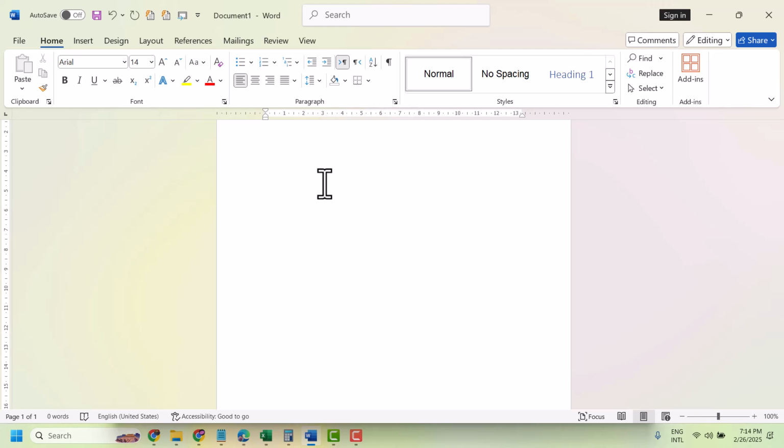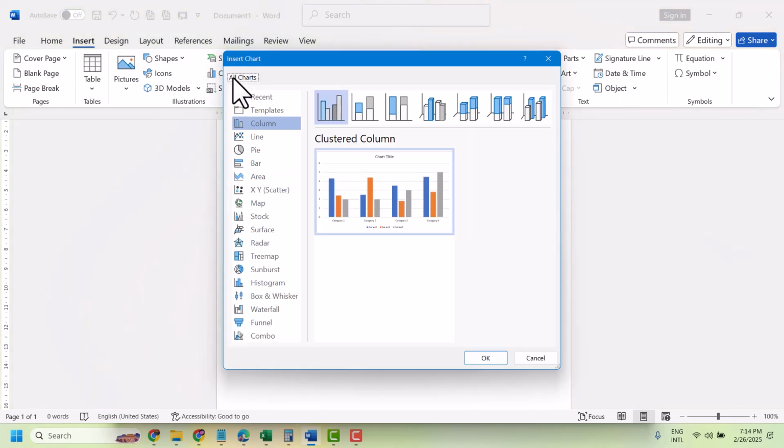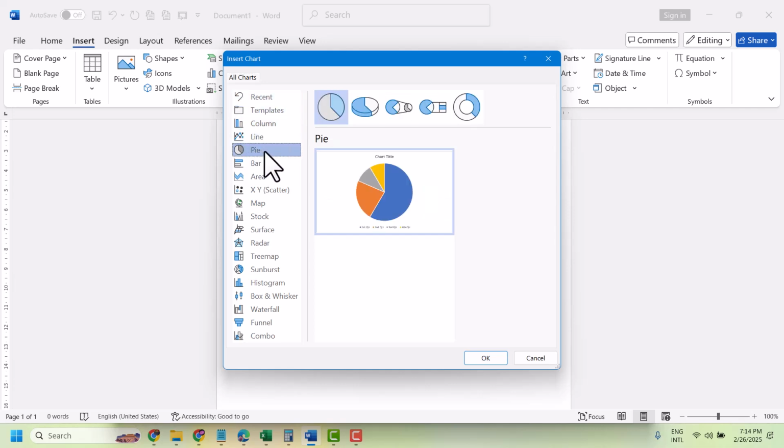So firstly you need to click on Insert. Now click on Chart, and you see here this pie chart option, so just click on it. Now here you see this pie chart, this pie,